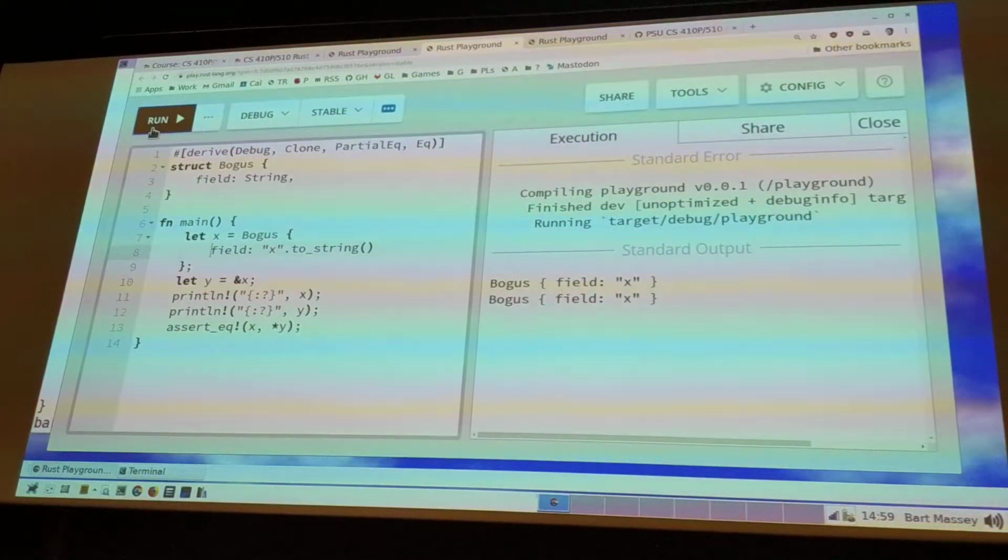Is there a way to take a reference to something, like a reference to an array, for instance, and make a mutable copy of it? Absolutely. And the way you would do that normally for arrays in specific is you would clone. You'd make a clone that you own, right? So let's actually make a clone of this string and mutate it. That's actually very straightforward.